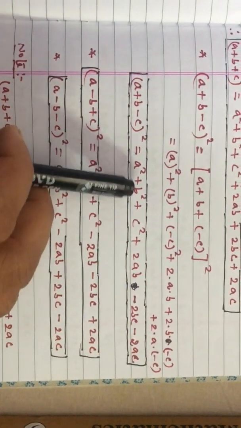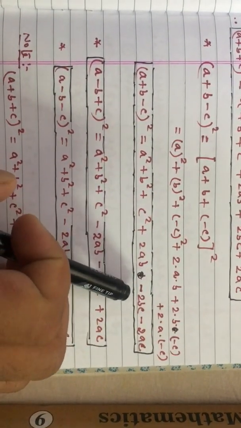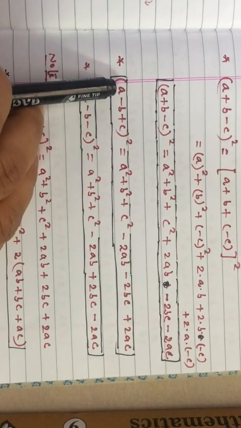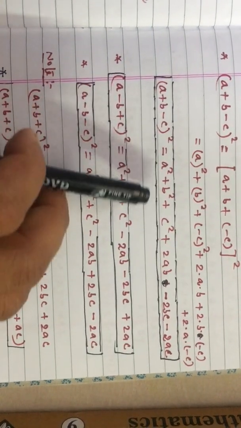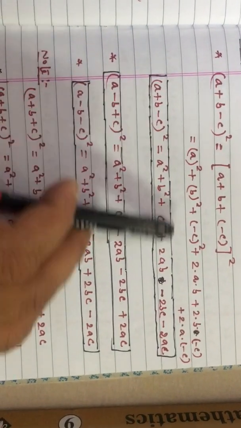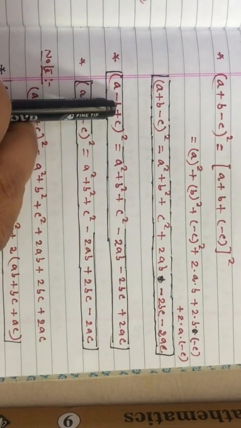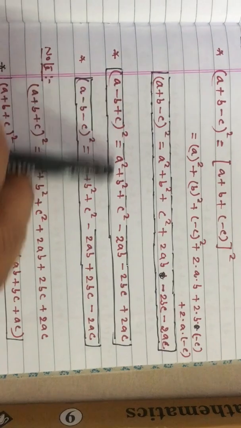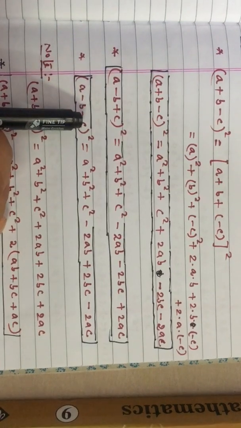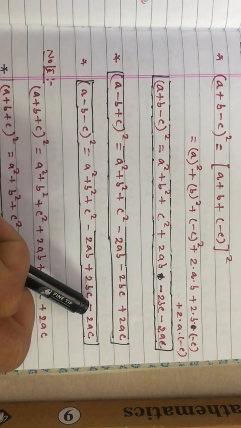Now see, a square plus b square, the whole square of minus c, c square, 2ab, plus minus minus 2bc, plus minus minus 2ac. Similarly here also. So you can see one thing, here, before the c, minus sign is there. So if c is there and c is there, there only minus sign. Similarly here also, before the b, minus sign is there, so here and here we are putting the minus sign, and here also in both the places minus sign, before the b and before the c. So here will be minus and here will be minus.